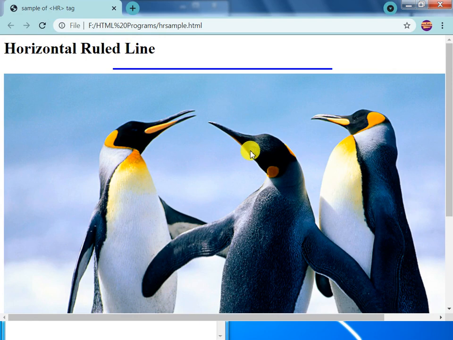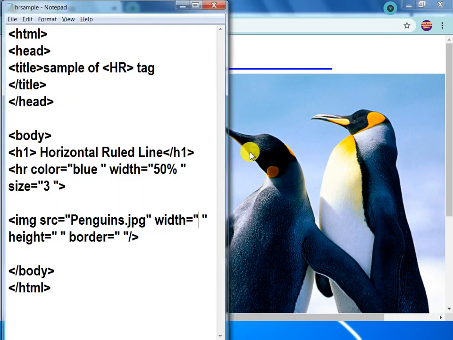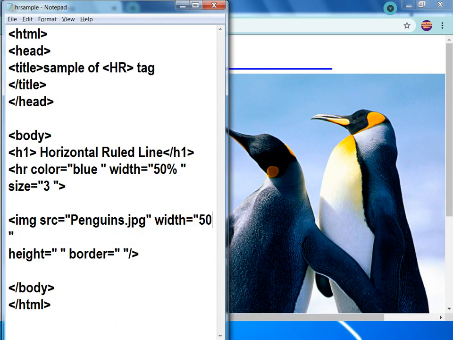This is the output without height and width attributes. Let's give the attribute width equal to 500. 500 is measured in pixels. Next, height also 500. Check the output.